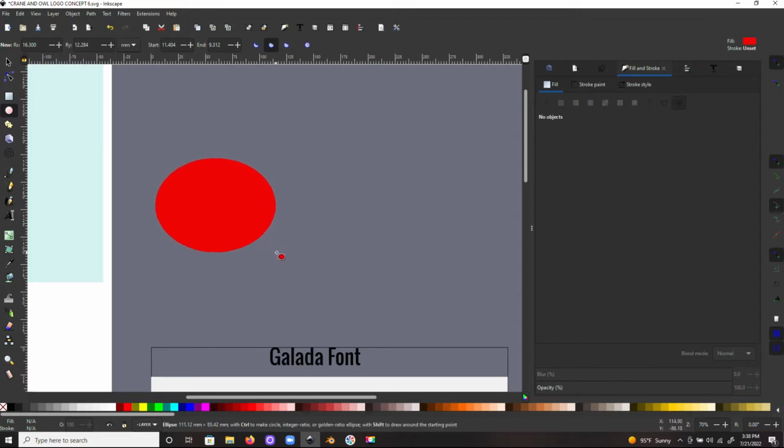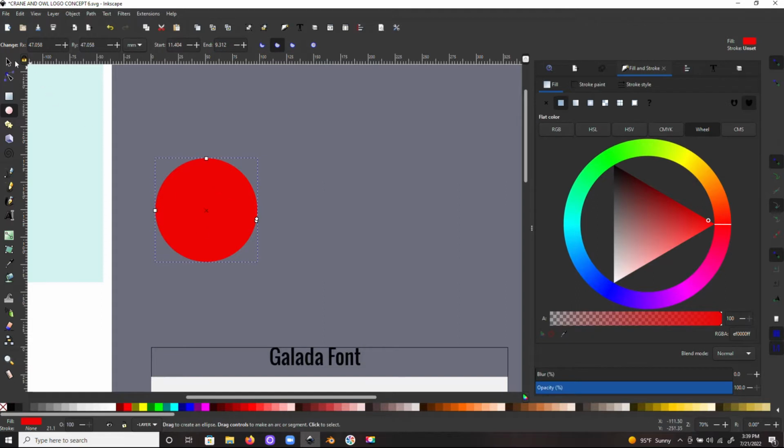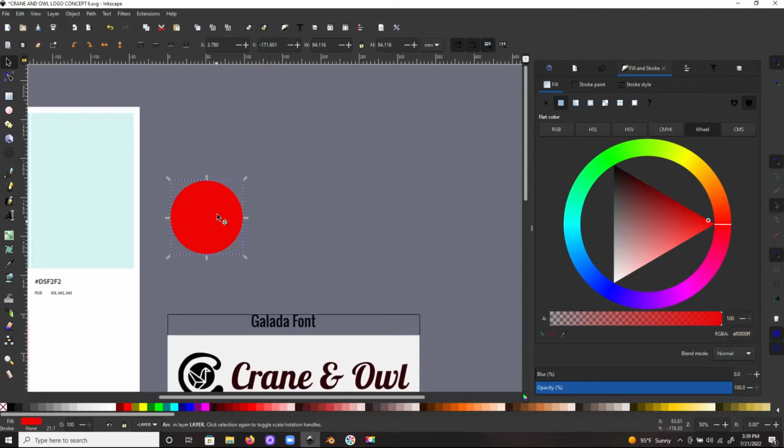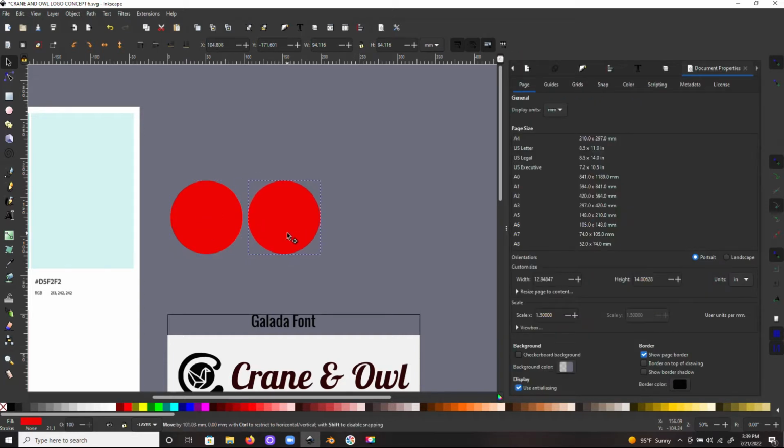That locks it. If you don't, it'll do this. So if you want an oval, that's great, but if you just want an even circle, hit the mouse and control together. It locks it to proportion. So now that we have a giant red circle, we're going to duplicate it, Control D, hold Control